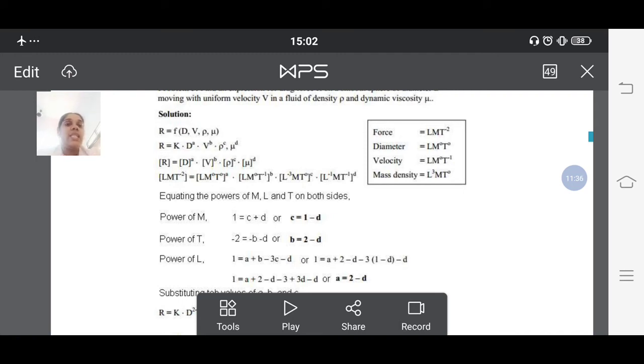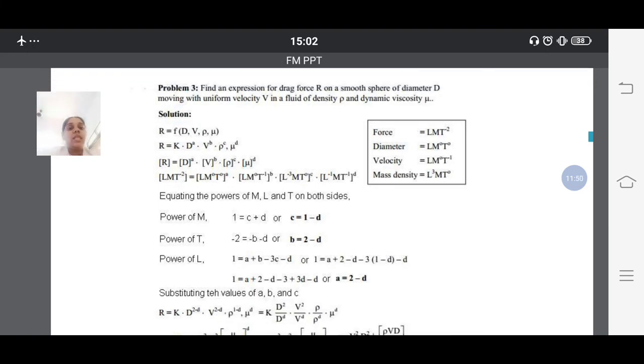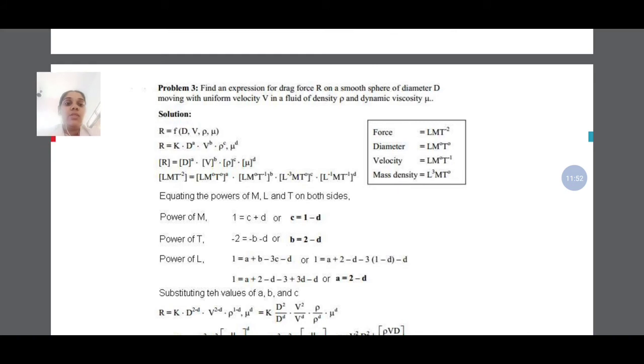So minus 3c. In the fourth term, the power of L is minus 1. The whole power is d. So L power minus 1 into d. So simply we can put minus d. This term is also written as